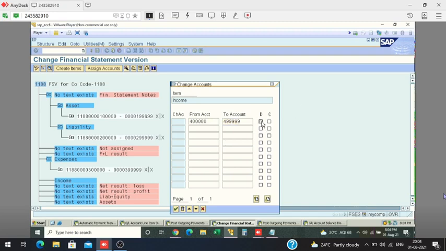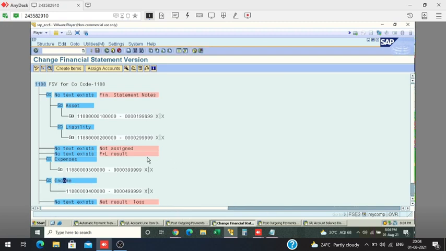Okay, it totally depends on your requirement. If I want income, say my normal sale is one, then I create normal sale, then I create export sale, then any other income. I can create so many as per my requirement here, and I can assign the GL account the same way.